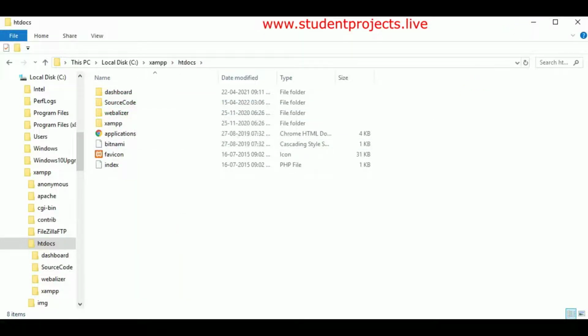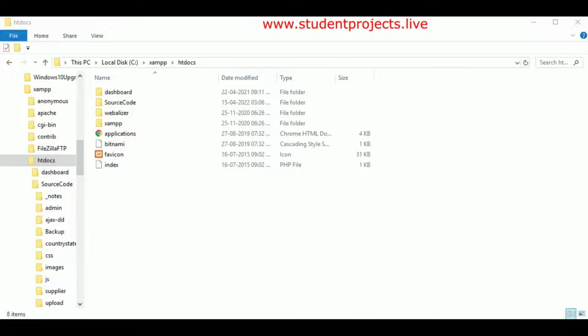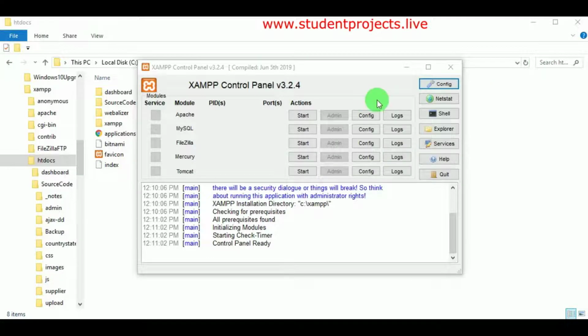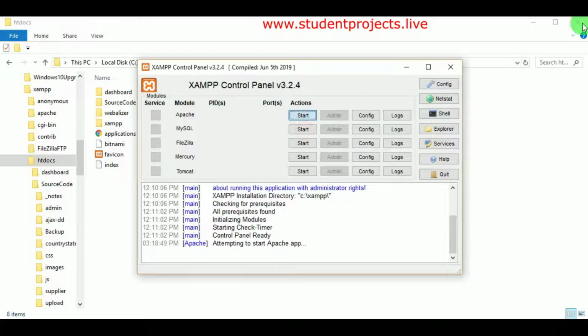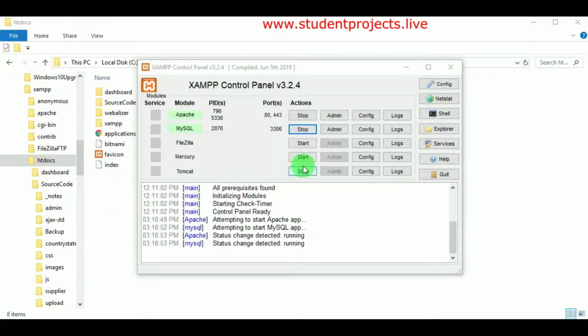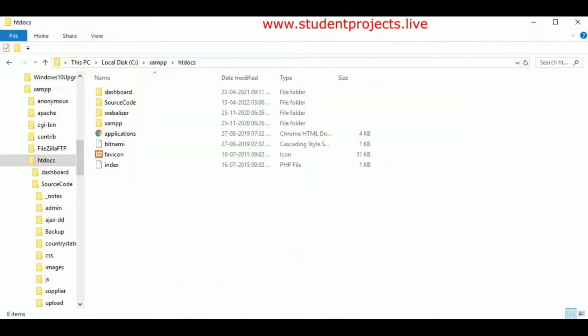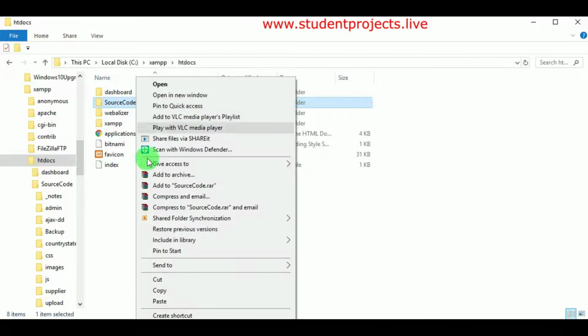Now let us open XAMPP control panel. So here let us start Apache and MySQL server. These 2 servers are required to execute PHP and MySQL projects. Now let us copy the name of the source code